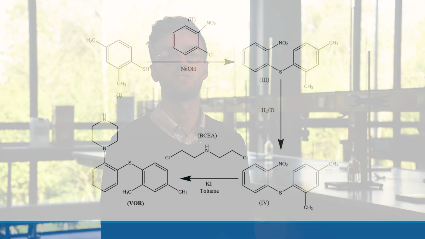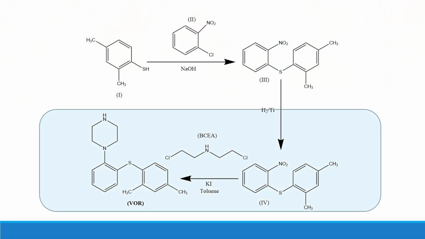Let's take a closer look at the last step in the synthesis of VOR. It could be possible that this last reaction from Roman number 4 to VOR is not completely quantitative. Some of the intermediate number 4 might still be in the final API. Since the presence of this intermediate is expected, it can be seen as a specified impurity, and it will be